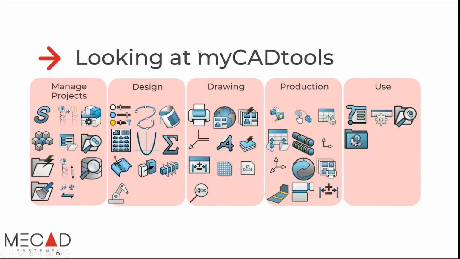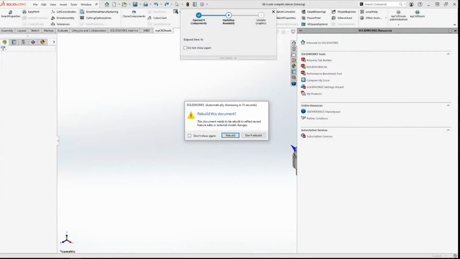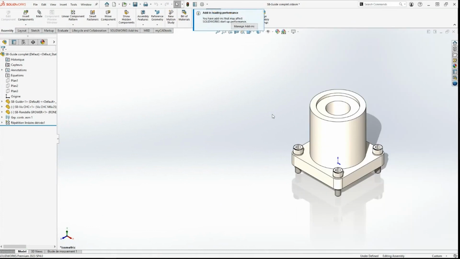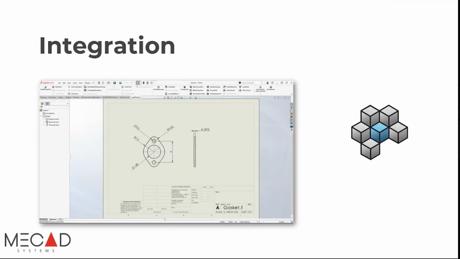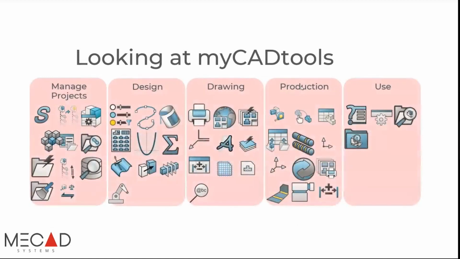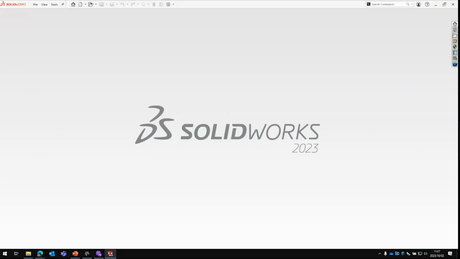The next tool that I wanted to have a look at as well is the integration tool. Now, what this tool allows you to do is, as mentioned before, build your own macro for SOLIDWORKS. Depending on the complexity of the macro that you want to work with, that'll determine how long it'll take to make the macro on myCADtools. So to look at this, I'm going to go back to my SOLIDWORKS session,